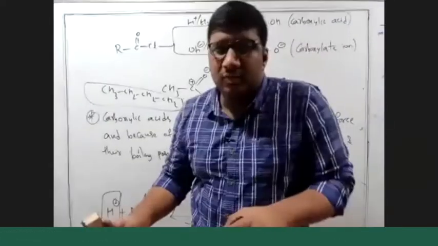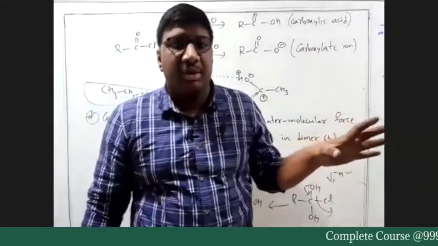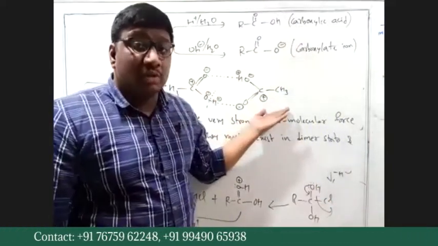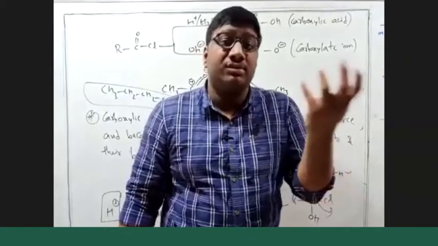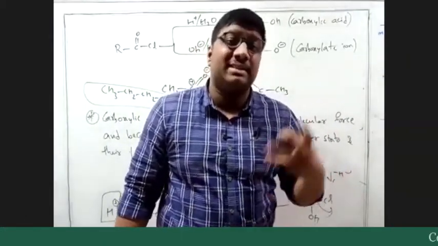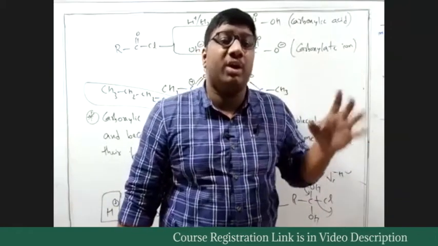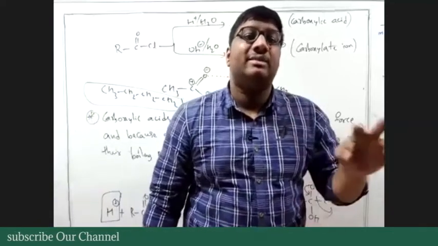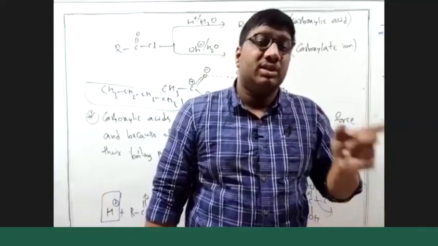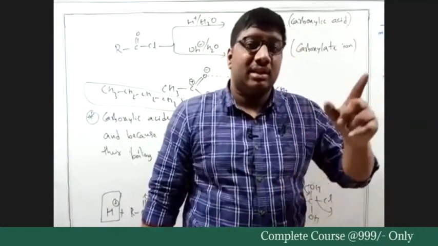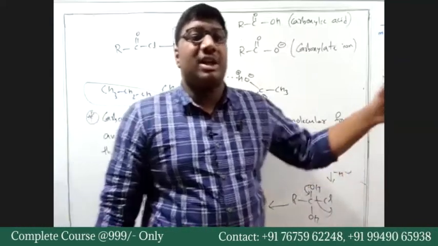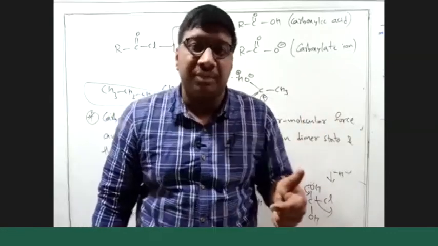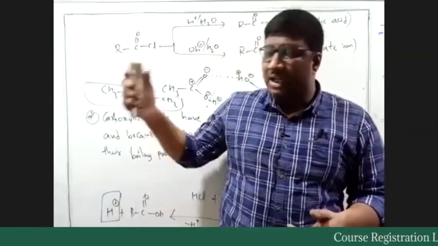So boiling points will be very high for carboxylic acids because of 2 hydrogen bonding sites, and most carboxylic acids exist in dimer state because of strong intermolecular force. So when you write CH3COOH, that is not correct practically. In practicality, we have 2 molecules of CH3COOH attached, so you should multiply by 2. You should write (CH3COOH) twice. You should multiply the whole molecular formula by 2 because it exists as a dimer because of strong hydrogen bonding. Boiling points are high.